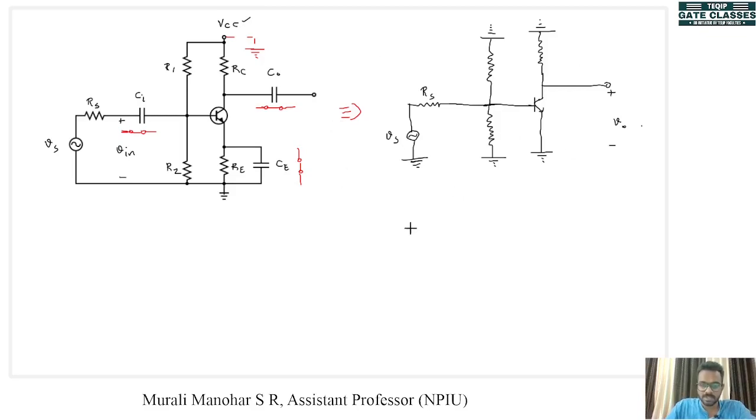Now let's see what happens. This is now ready. We have prepared the transistor for small signal analysis. Now we can apply our model. Whatever model we want to select for our BJT can be applied here. So this circuit becomes